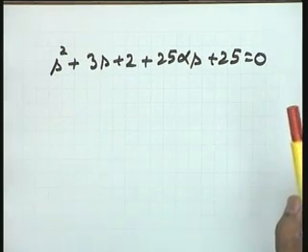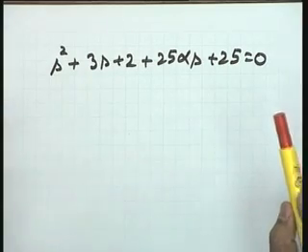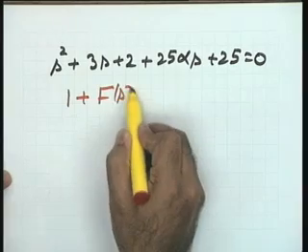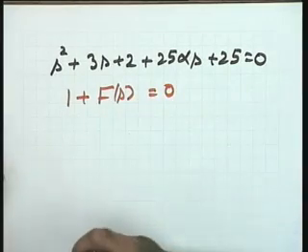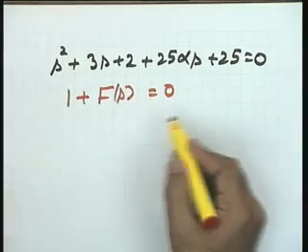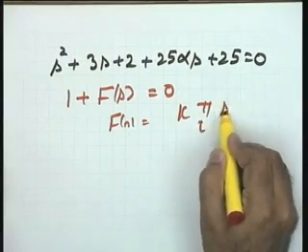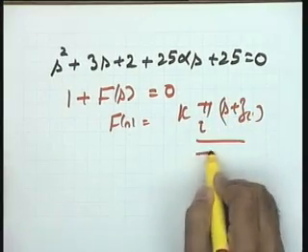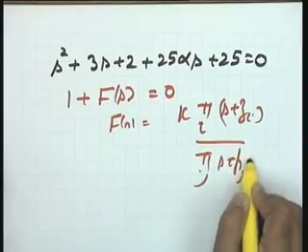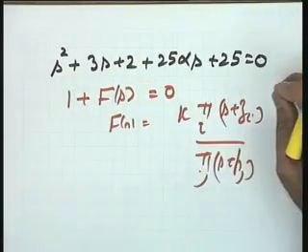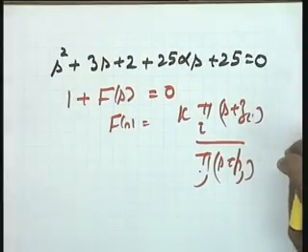But if I am using the root locus method, please see that the root locus method envisages that the equation be written in this form: 1 plus F(s) equal to 0, where F(s) is equal to K times product of (s plus zi) over product of (s plus pj). As you will see, the root locus method wants that your characteristic equation be interpreted in this way, though